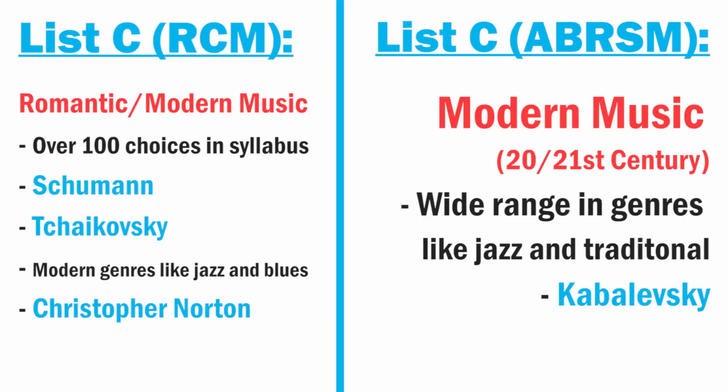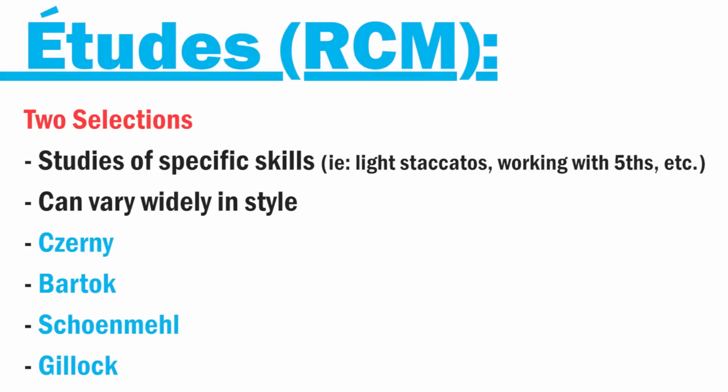The List C category covers a diverse range from jazz to traditional tunes to early 20th century composers like Kabalevsky. Regardless of whether you use the ABRSM or RCM, though, the List C category is generally the most loved category of the three. The Royal Conservatory of Music requires a 4th and 5th piece to be learned, and these are